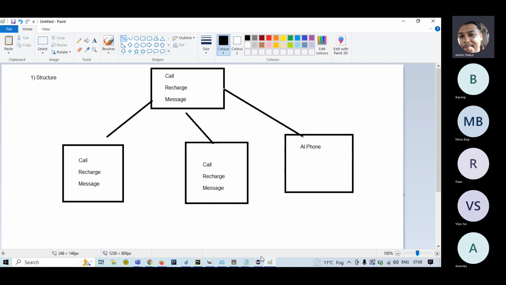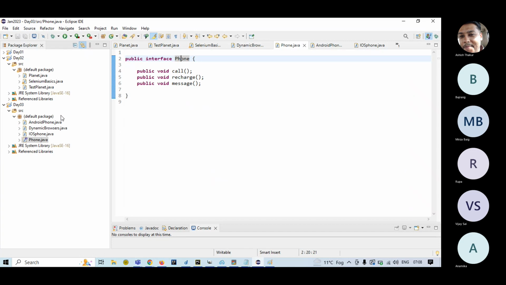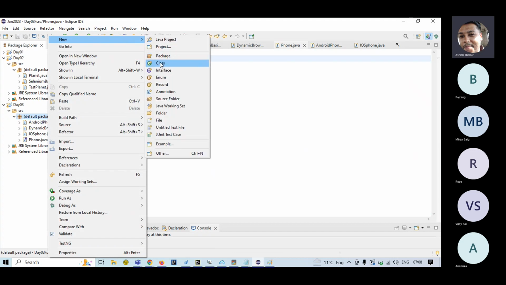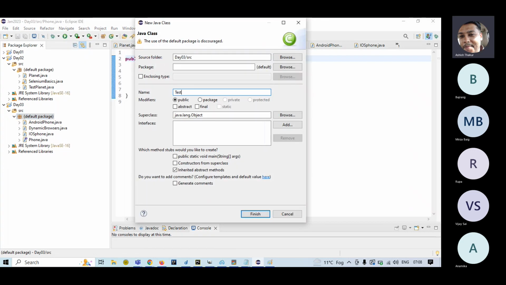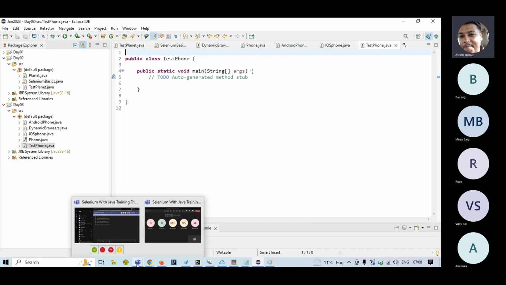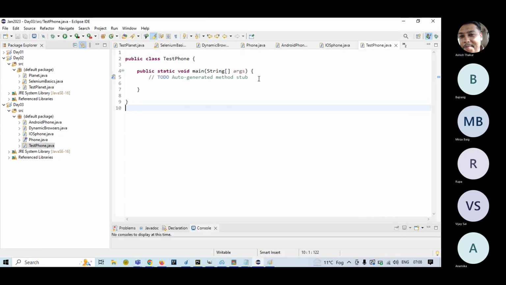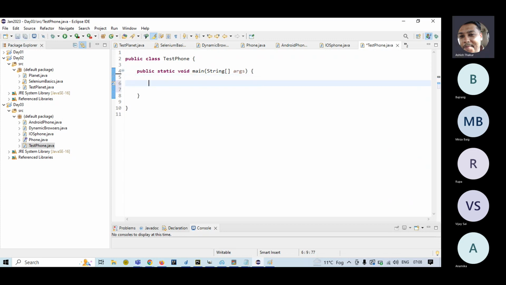Right. And if I create a new class with the main function, okay, which is something you can execute, right? Then I can